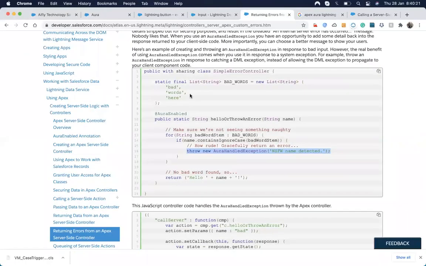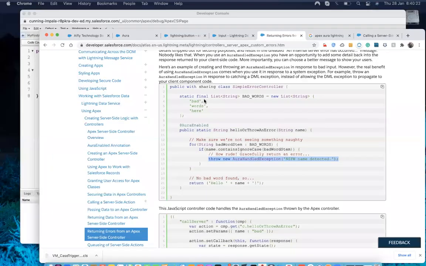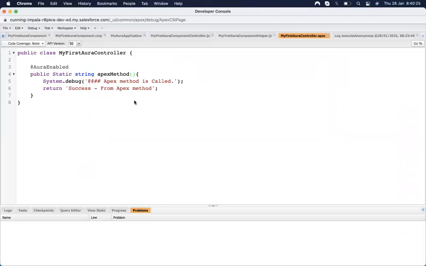So let's pass a value to our Apex method. For passing a value, first we need to declare a parameter up here. So let's declare a parameter, string firstName. I put a parameter called string firstName, and then I hit save.